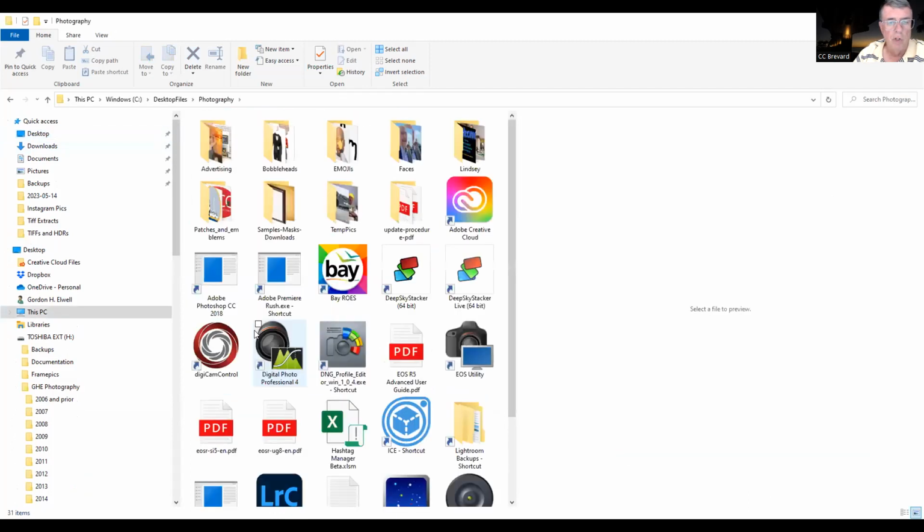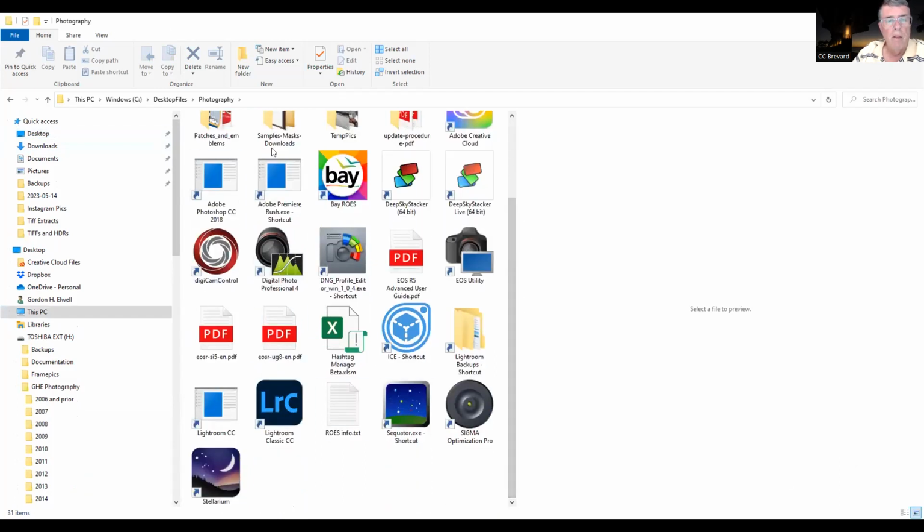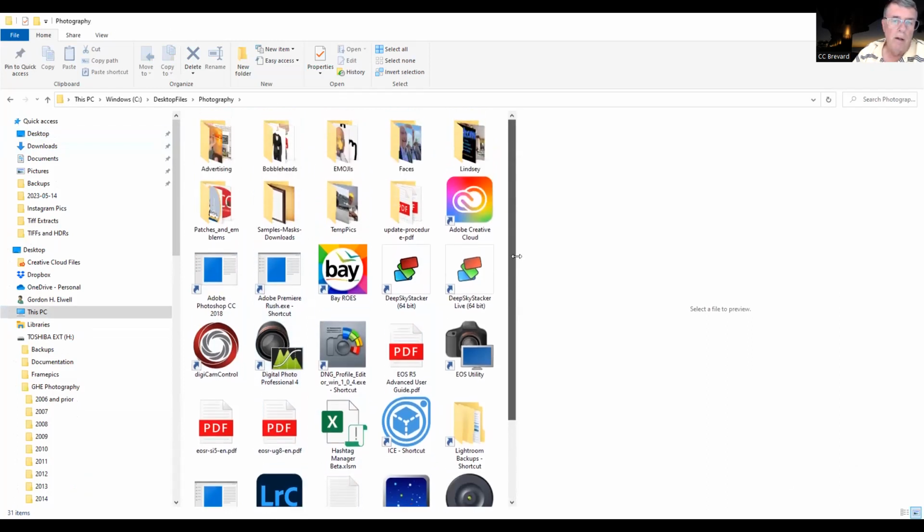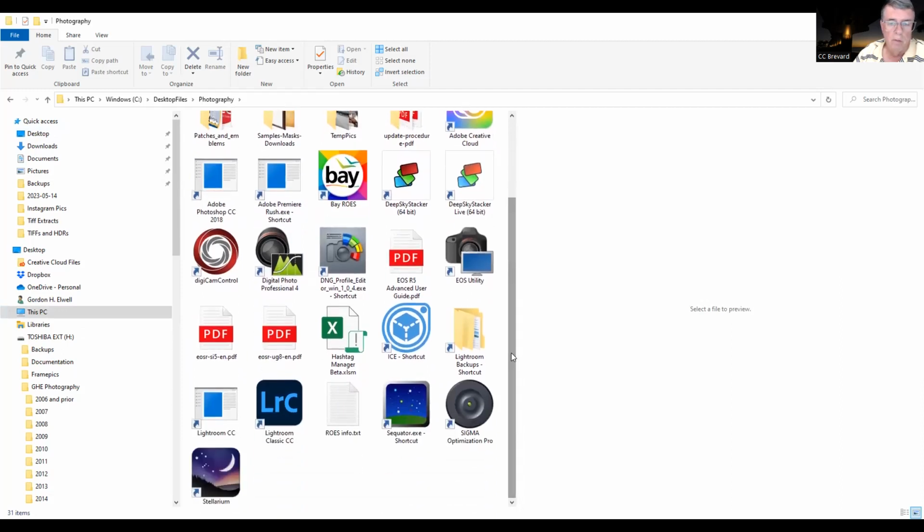Photography. I'm going to take this shortcut. So here I am. These are all the programs that I have in my photography bag of tricks, and the one that I'm interested in is down here. It's called Sequitur EXE. Okay, so I'm going to double click on that, and it'll run the Sequitur program. The Sequitur program is going to come up,